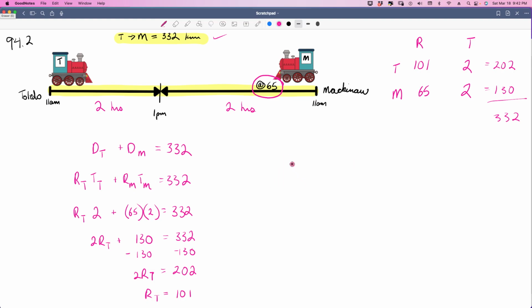You're going to have some total distance from here to here, and there's going to be some point in which they start here or they meet here, and you have to figure out what distance 1 is and what distance 2 is based on information that fills in the blank. And it's always going to be D1 plus D2 is equal to some number. And then you're going to break this down into R1 T1 plus